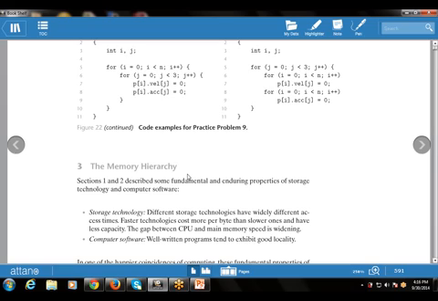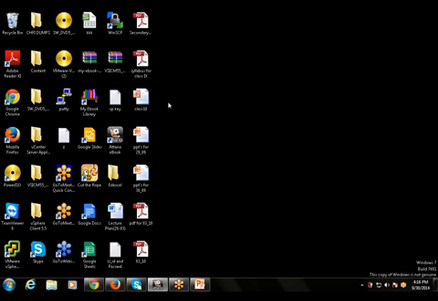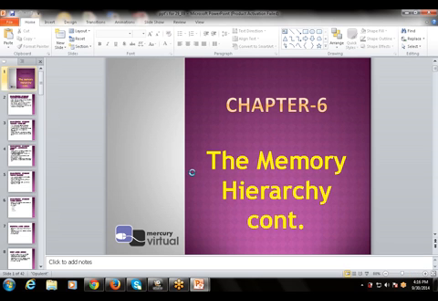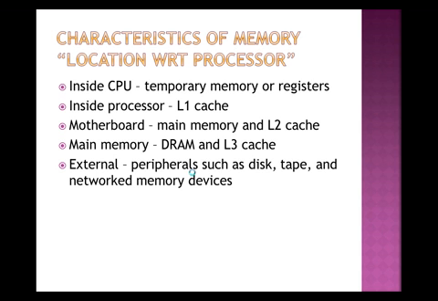Before that, let's take a quick review of what we covered in the last class. In the last class we studied the memory hierarchy, continued: characteristics of memory location with respect to the processor. The main topic of the last class was locality, that is how cache memory will be organized, or how different locations will be organized in the cache memory. The first topic we discussed was the characteristics of the memory location with respect to the